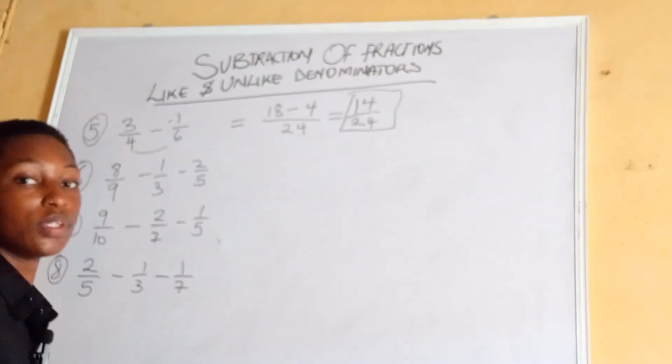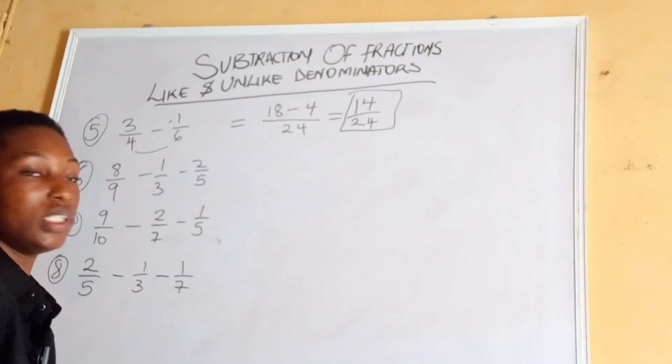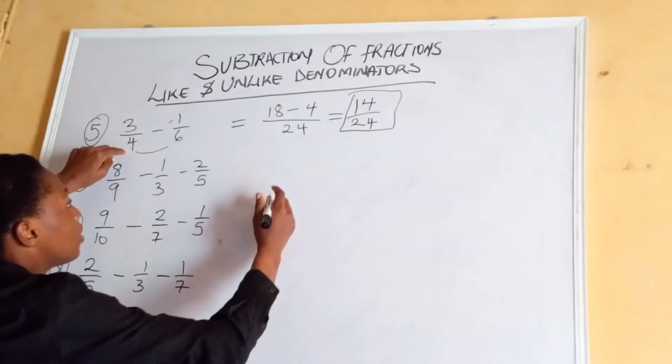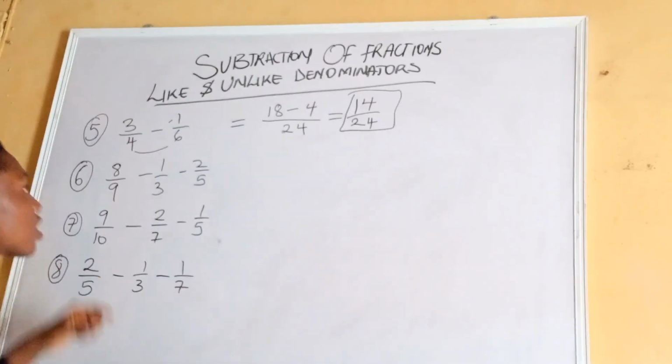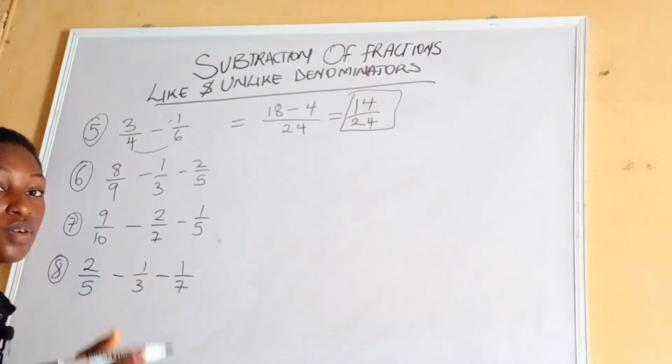You can also work it out another way, the most standard way, and that would be whenever you have 3 over 4 minus 1 over 6, you make sure these two have a common denominator. How do you find that? You look for the LCM. Now, if you're looking for the LCM of 4 and 6,